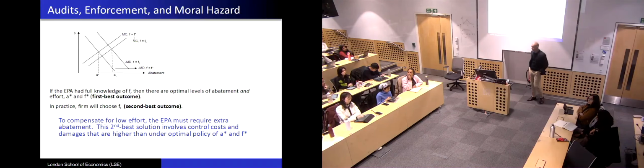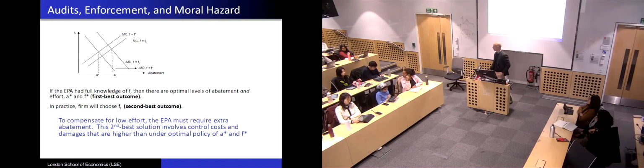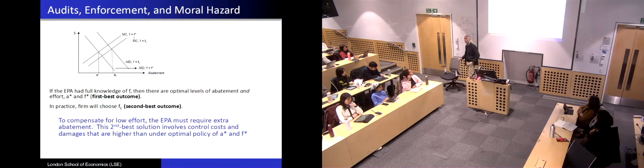Yeah. Now, what we can, yes. Is it not just that you're comparing the ideal situation with A star and F star against a situation with increased abatement but lower effort? So the marginal damage can still be, that's exactly what I'm doing, yes. The marginal damage can still be greater. You can still have more CO2 emissions with higher abatement. The marginal damage, sorry, what's going to be higher? Well, the reason why the marginal damage is higher,